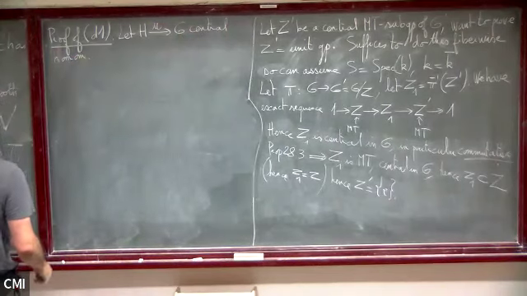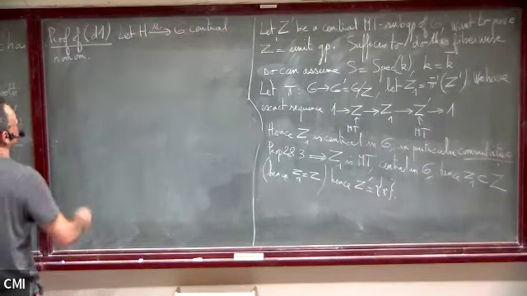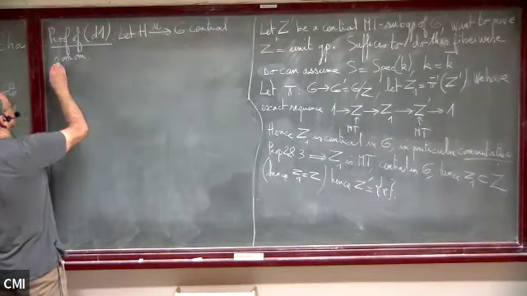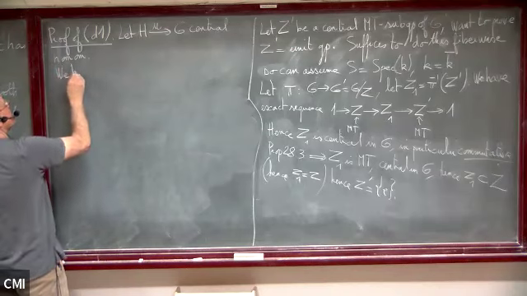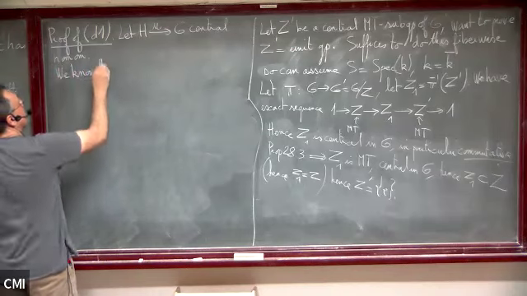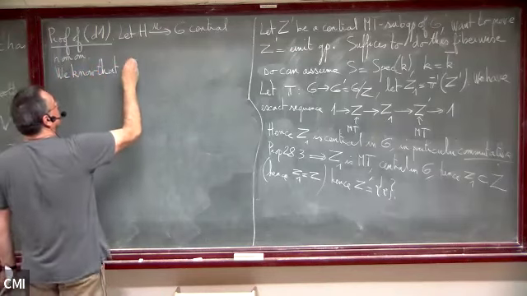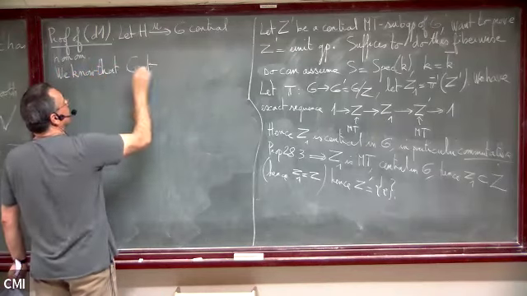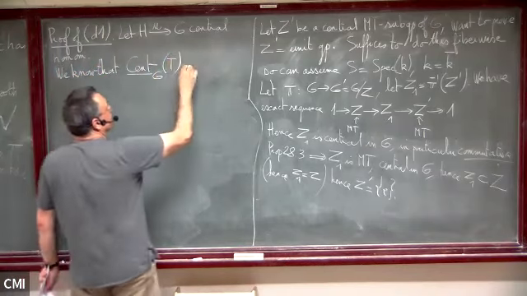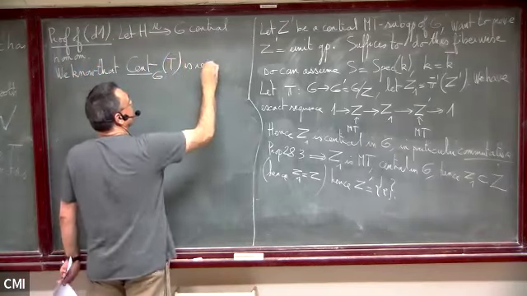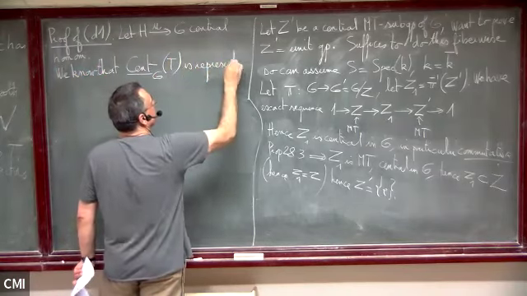And then the assumption is that we have a maximal torus, and we know that the group functor, the centralizer in G of the torus, is representable. So it is represented